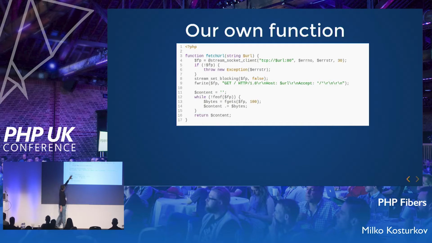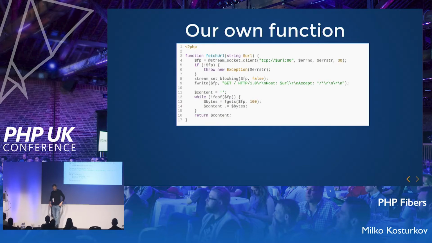And then fwrite, this writes to the socket, so we're going to use HTTP 1.0 simply because it's simple and we don't want to get into HTTP details. Just make an HTTP request to get the file. We're going to have a variable that is an empty string, content. And then we're going to have this loop, which will check